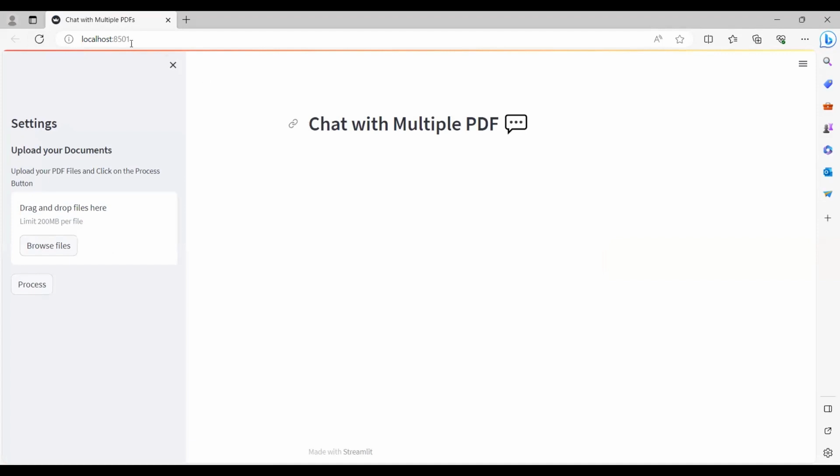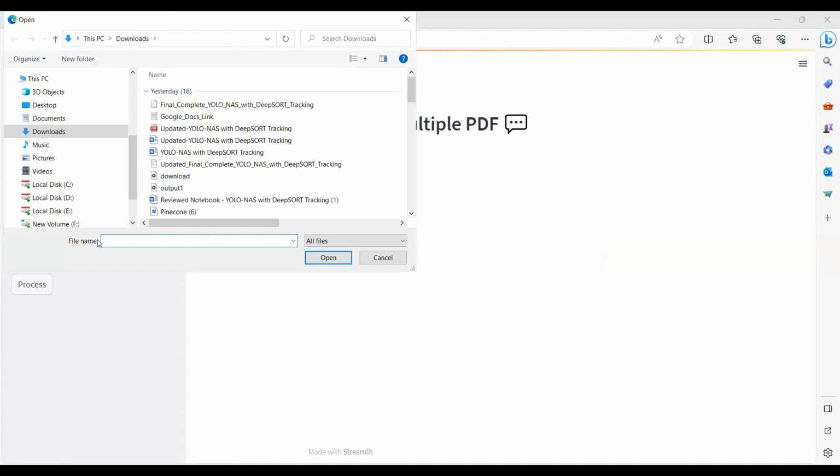Okay, so now you can see that this is my title, Chat with multiple PDFs. So here we have this Chat with multiple PDFs as our header. Okay, and over here you can see that in the sidebar I have Settings, Upload your documents. So if the user clicks over here, he can upload multiple PDF files. For example,